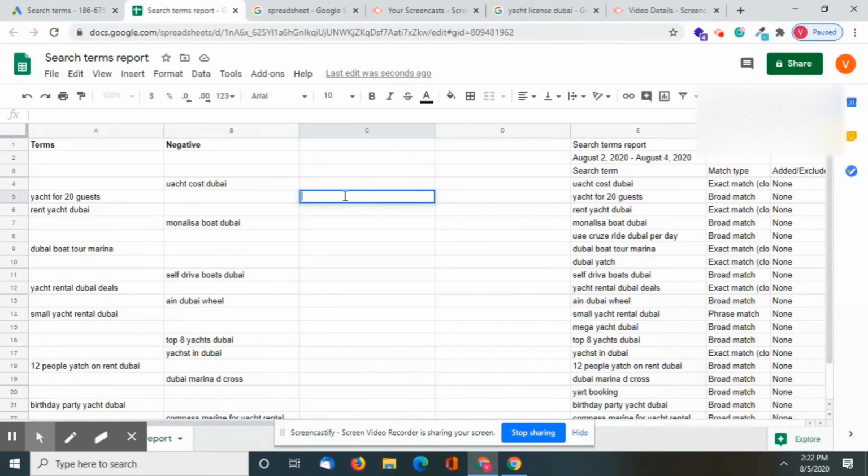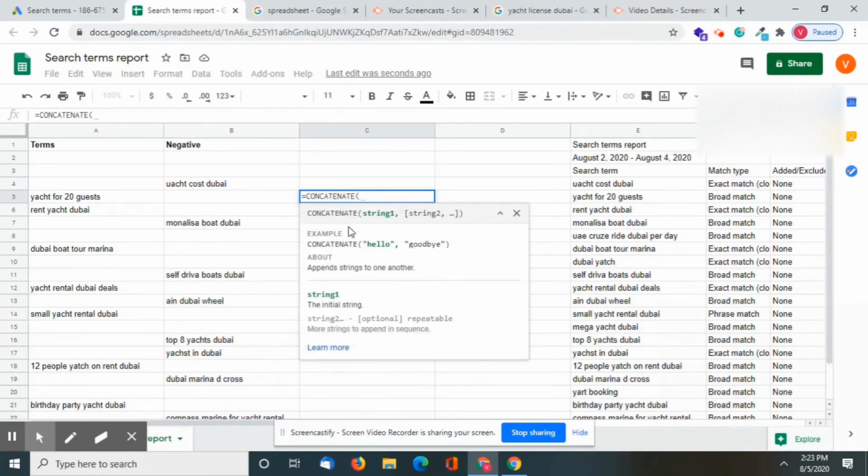So if you have around 500 or 600 terms which is relevant and you want to add it as an exact match, you can't go each one and add as an exact match. So I'll tell you one formula that you can use. Go concatenate, concatenate this particular term. Quit that, and then again I'll just add it as